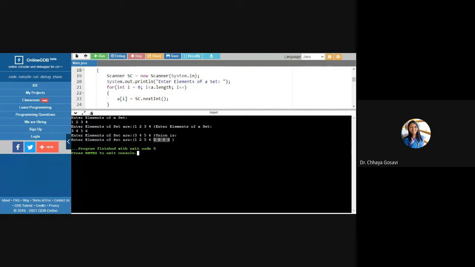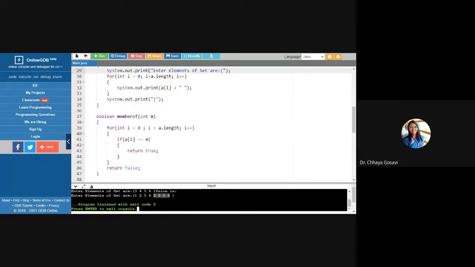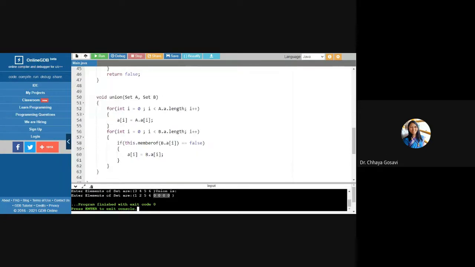We have to write A of I, but which A of I? B's A of I. Oh, we haven't copied it. If it is false, then B dot A of I we want to copy here in A dot I.